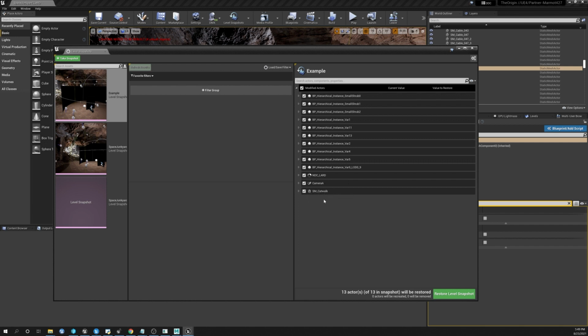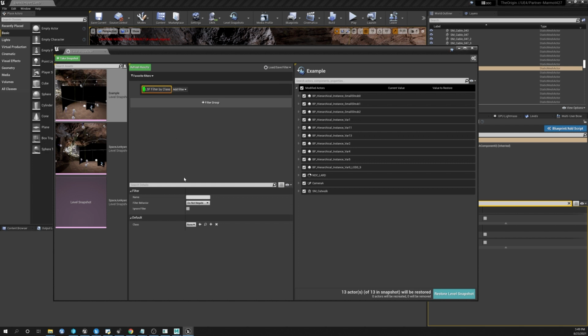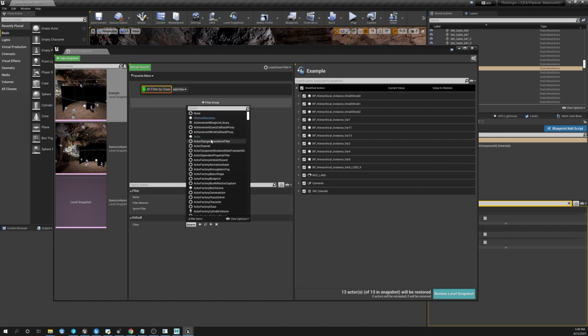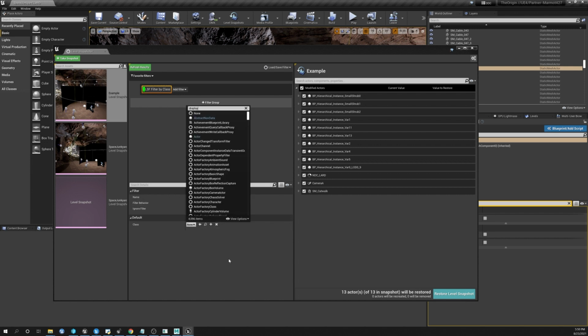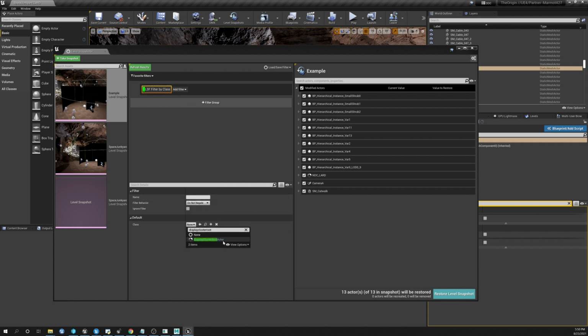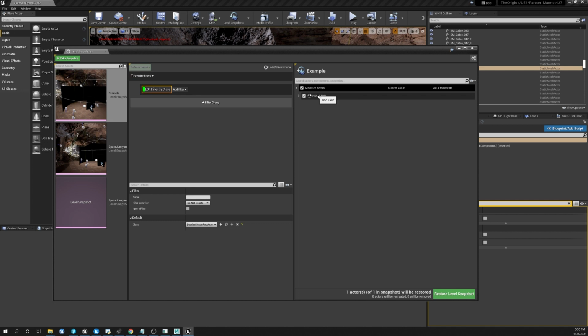If we want to filter this down to only a specific type of actor, say we only want to restore the NDC, we can add a filter group, add a filter to that group. We have included this level snapshot filter by class with the sample project in the marketplace, which allows you to specify that you want to restore an actor specifically by its class. So we'll go down here, say end display root actor, or display cluster root actor, which is the parent class of all of the end-display actors, and then refresh our results. This will now only restore actors that are matching the specification of these classes.